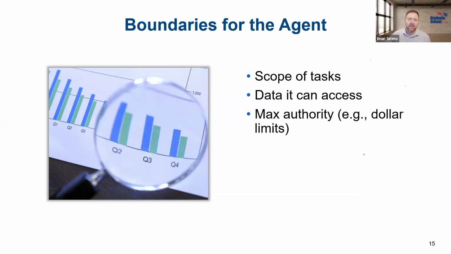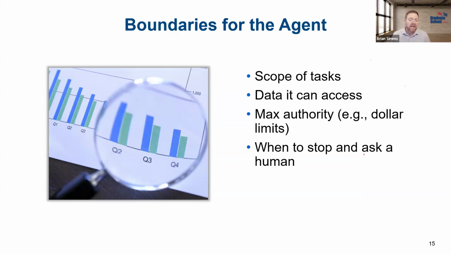The maximum authority. So where's the ceiling? And again, a great example of this is dollar amounts. We could have an HR agent that approves timesheets, and if it's under 40 hours per week, and the person submitting it is on this list of people, cool, just go ahead and process it. But if it's anything over 40, then that maybe needs to be escalated to a supervisor. Those sorts of things. Like we mentioned before, right? Boundaries need to be specific, testable, and auditable.